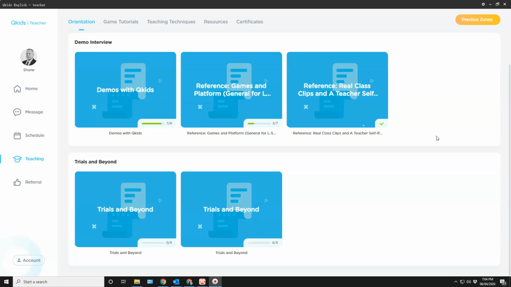And the last thing that you want is for one of the parents to grade you with a 1, 2, or 3 star rating, because then you don't get your bonus. And trust me, those bonuses really add up when you get them. So if you get a 1, 2, or 3 star rating from a parent, you will not get the bonus for that class. So it's definitely a good idea to take the time, go through the games, figure out how to use them. I have a lot of videos I'm making right now, so you can refer to all my videos and go through them and look at the different games and how to use them.